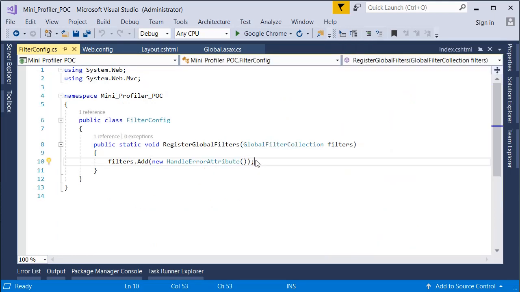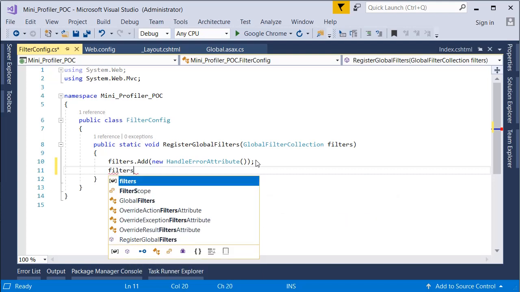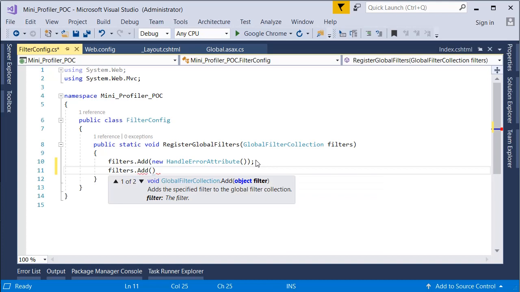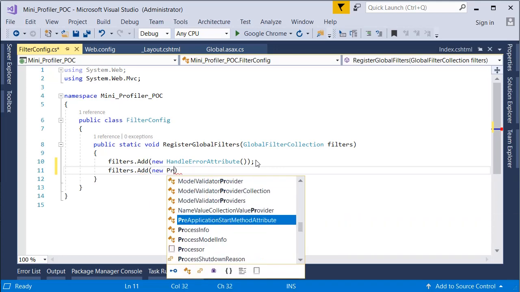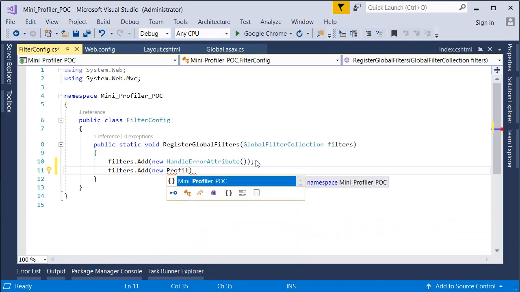In the FilterConfig file, you need to add one filter for mini profiler, and that filter is filters.Add(new ProfilingActionFilter()).